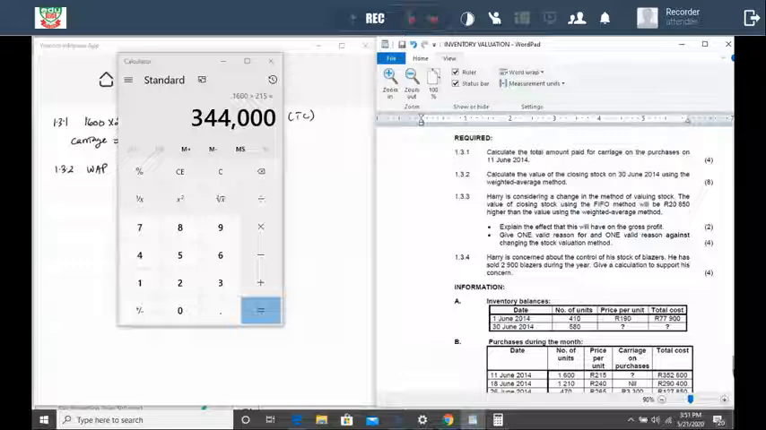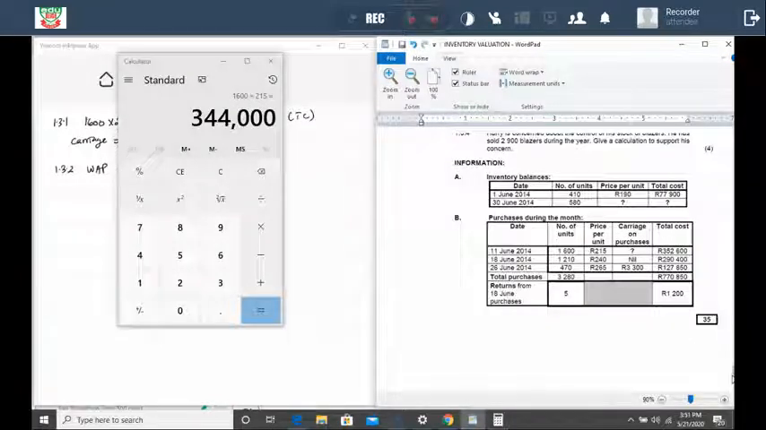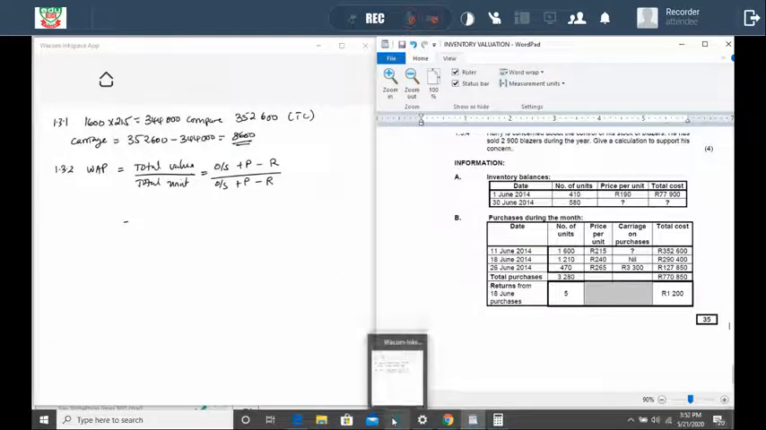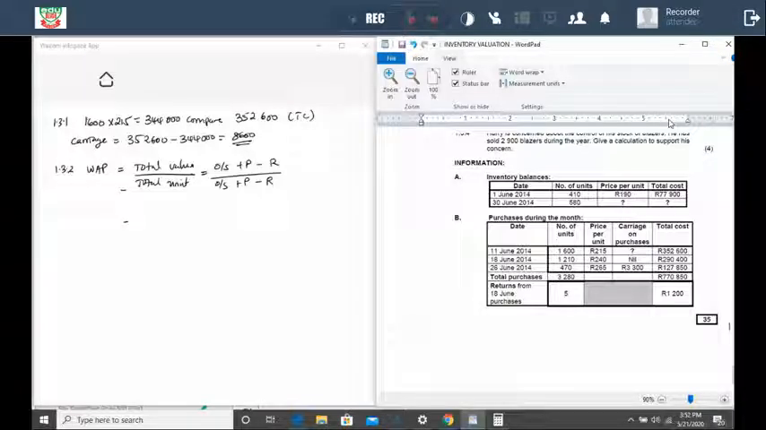So let us go now to our table. Values of opening stock. Okay, let's go to our table. Value of opening stock 77,900. Unit of opening stock 410. Value of purchase,